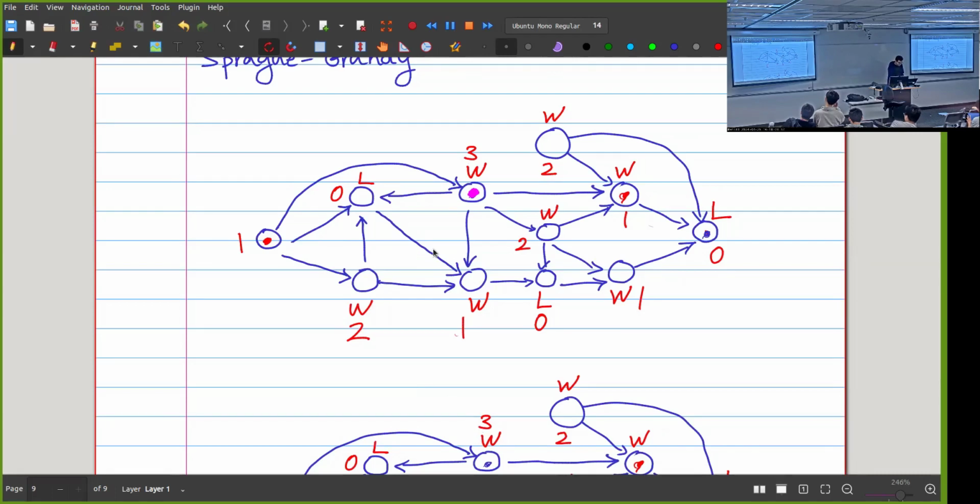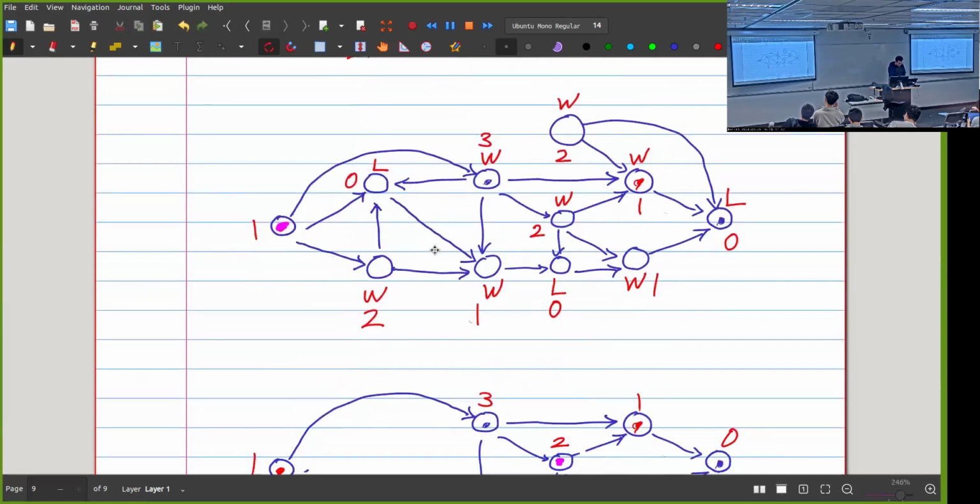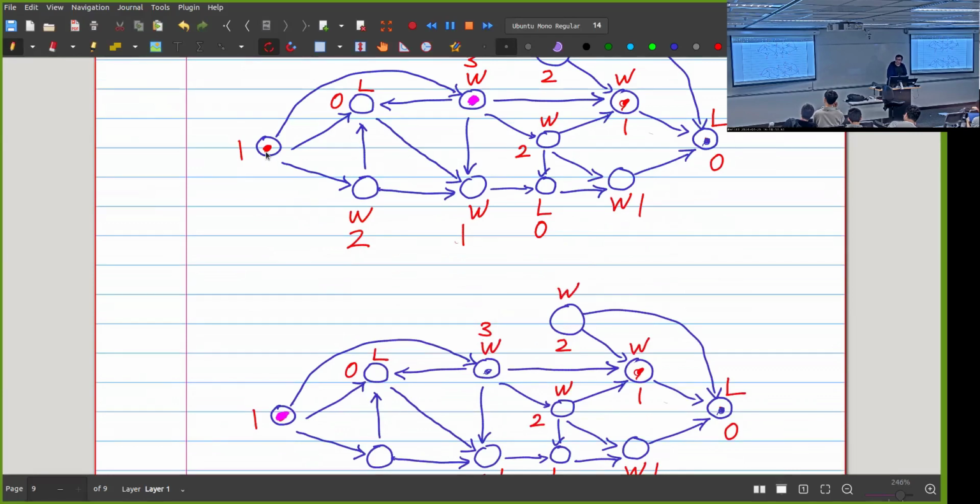What does that mean? So let's say that I start here and I'm at a vertex that has a number of 1. And let's say,